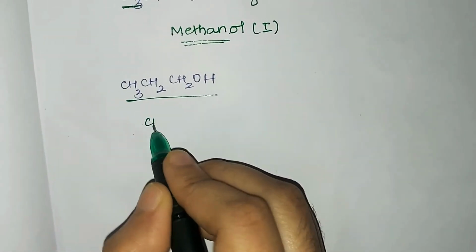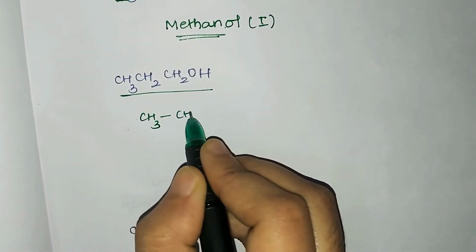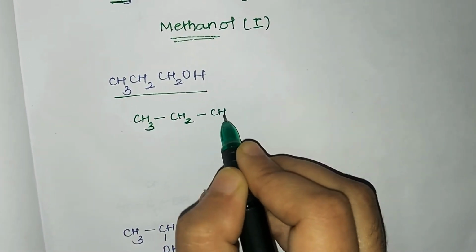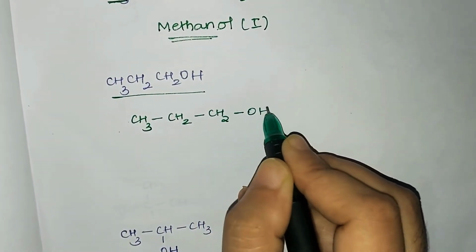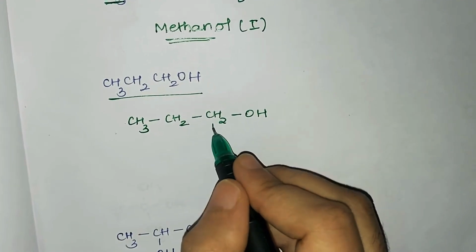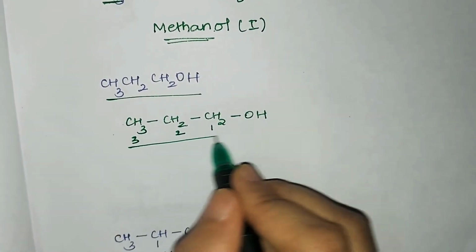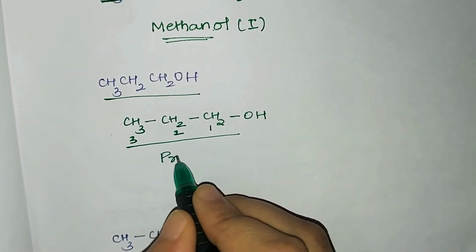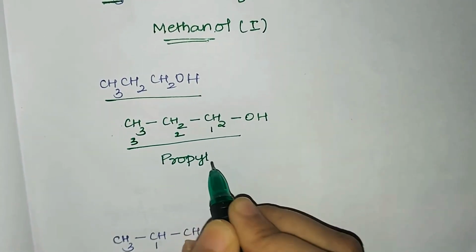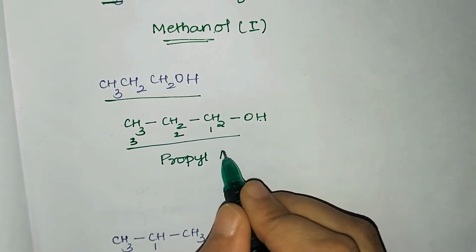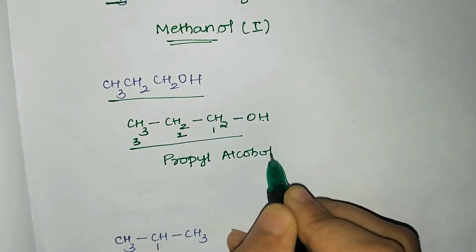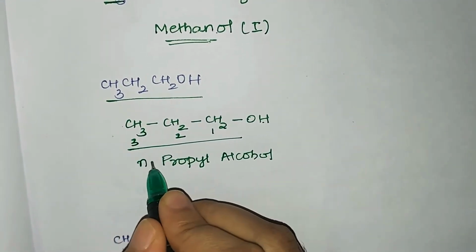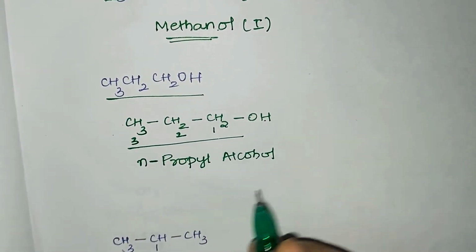Let us go with the next one. You will observe here, we'll write it once more. We'll see how many carbon atoms there are. There are 3 carbon atoms to which the OH group is attached, and whenever it is 3 carbon atoms, what is the word root? It is prop. Since the common name will be propyl and OH is attached to it, hence it becomes what? Propyl alcohol. Next, we'll write its other name. We'll write it as n-propyl alcohol. Why? Because it is a straight chain.